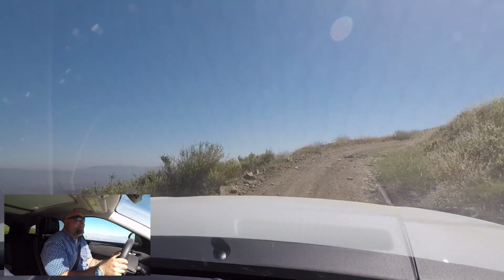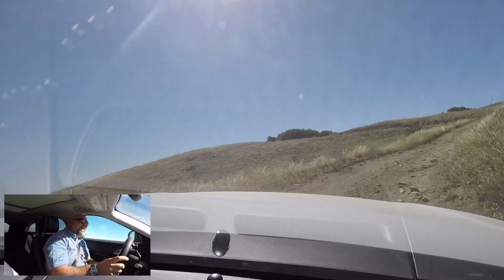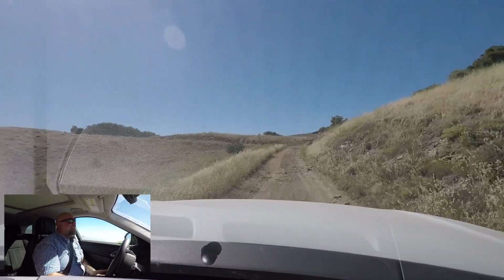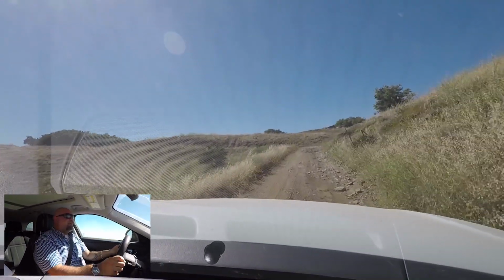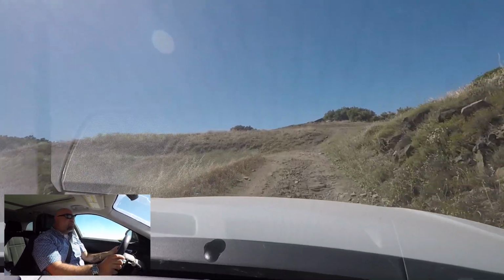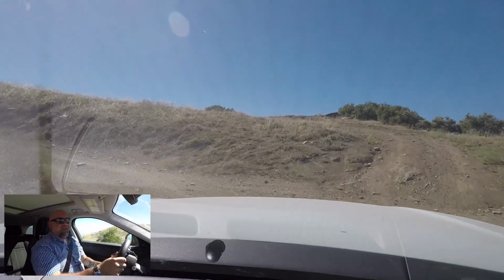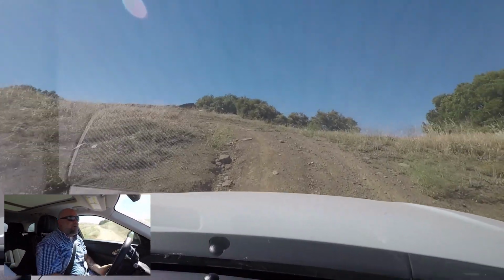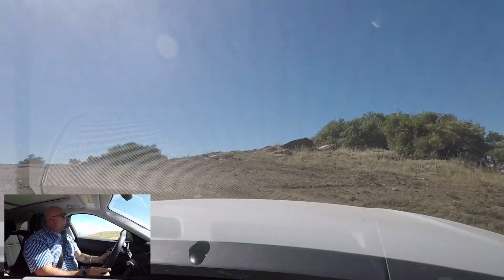That looks like where you bite off more than you can chew and die down the hill. Yes. That was more technical than I thought it was gonna be, and this handled it better than I thought it would. Okay, so what you're getting for your $70,000 here is a luxury car without the best rims or the best luxury features. You have to spend more to get those, but